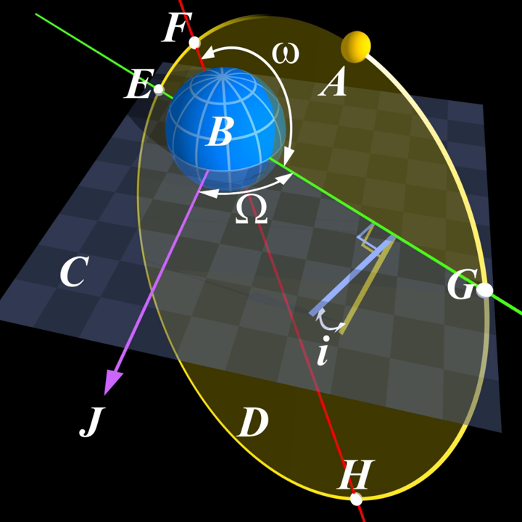In astronomy, Kepler's laws of planetary motion are three scientific laws describing the motion of planets around the Sun. The orbit of a planet is an ellipse with the Sun at one of the two foci. A line segment joining a planet and the Sun sweeps out equal areas during equal intervals of time. The square of the orbital period of a planet is directly proportional to the cube of the semi-major axis of